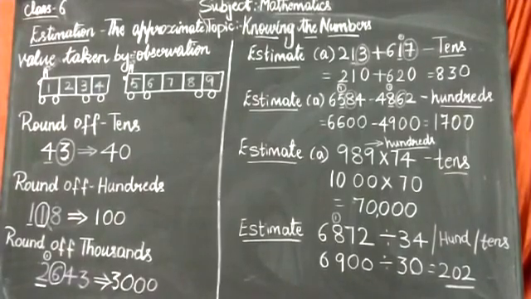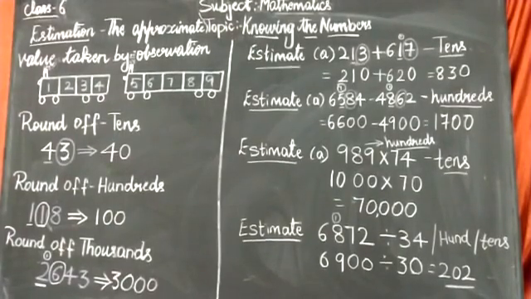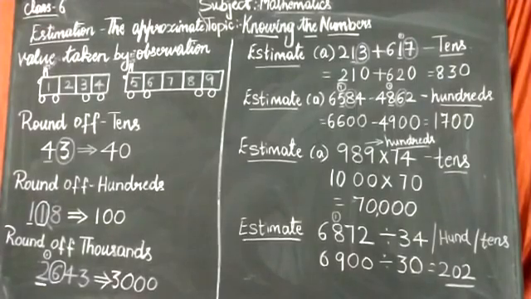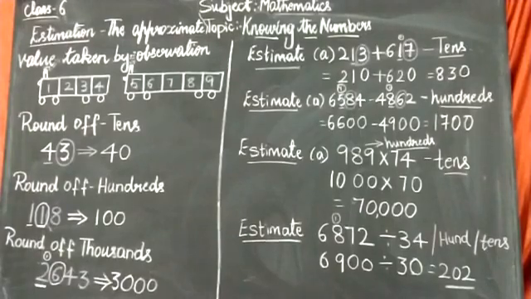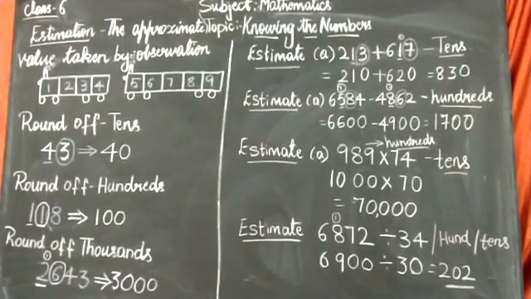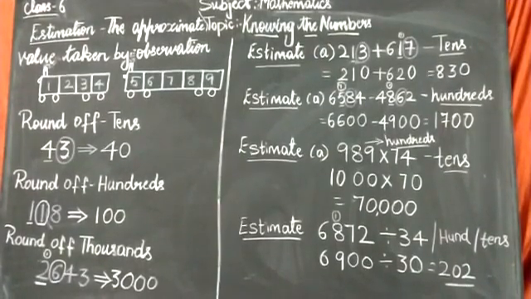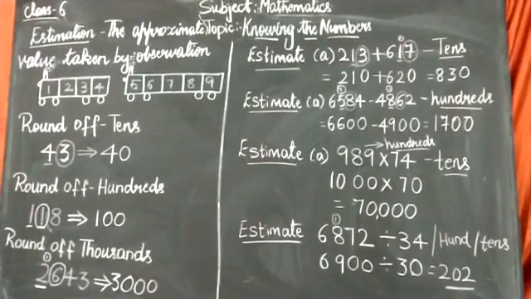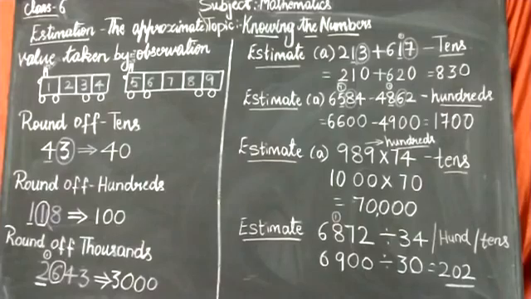In our daily life, for example, I will instruct one of you students: please go and see how many students are seated in the new hall. So what will you come and tell me? You will tell me, ma'am, there were around 30 students or around 40 students. You will not tell me the exact number, but approximately they are 40 or 30. Maybe they are 32, maybe 36 or 38.